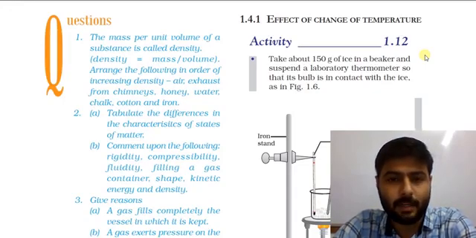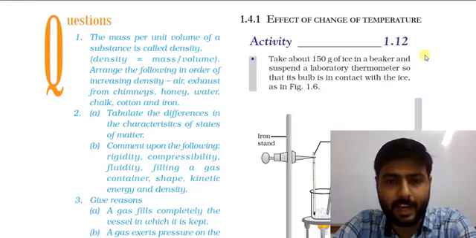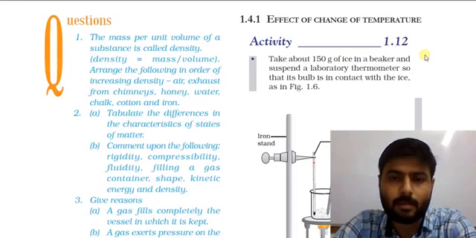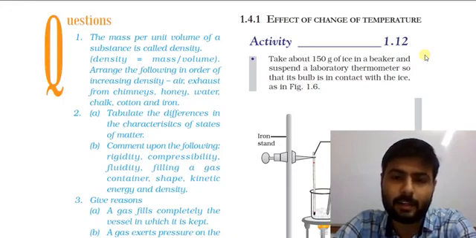In that activity, we have taken 150 gram of ice. We put that ice in a beaker and heat it by burner. For taking temperature readings, we place a laboratory thermometer in the beaker,